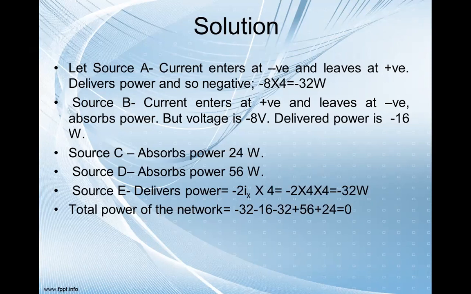Sir, voltage is negative, therefore the power is negative. Very good. So you have understood better. I think my job is over. So for this particular source, the power absorption is 24 watt. For this source it is 56, and for the dependent source it should be minus 32. So if we sum up all these 5 sources, the summation should be equal to 0. So that's all. That is Tellegen's theorem.